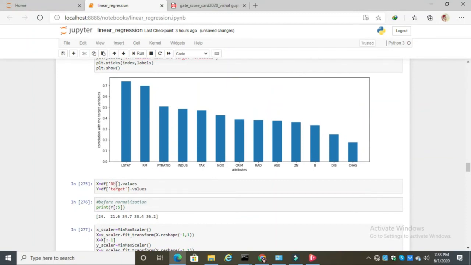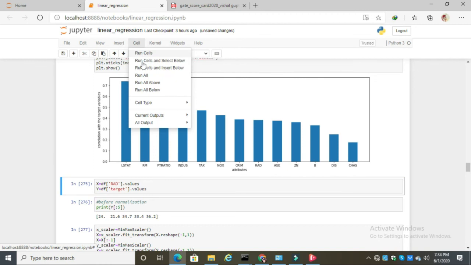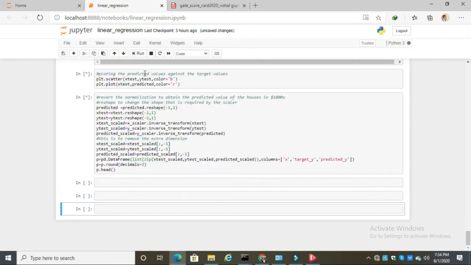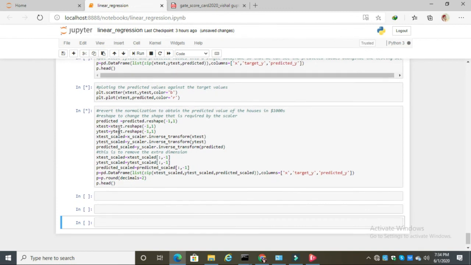Now I will change it to a different value. See, if I change it to RAD, what changes will I get? Just see. Wait a minute, it is taking some time to get its output.